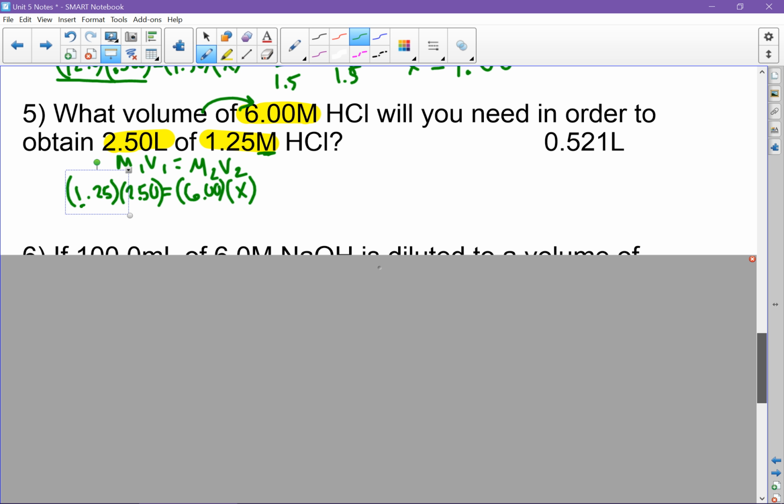Then you're all set up to solve, so you're going to multiply these two numbers together. So 1.25 times 2.5. So that's 3.125 equals 6x. You can go ahead and divide by 6 here. And so your calculator is going to tell you